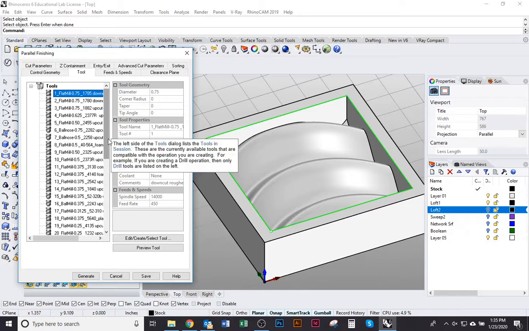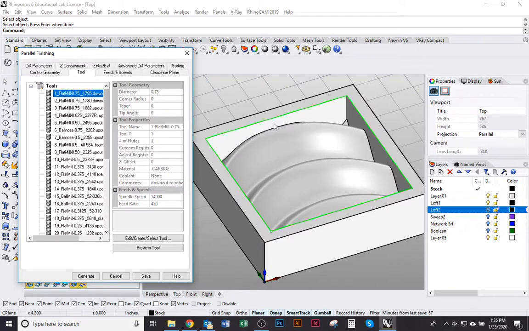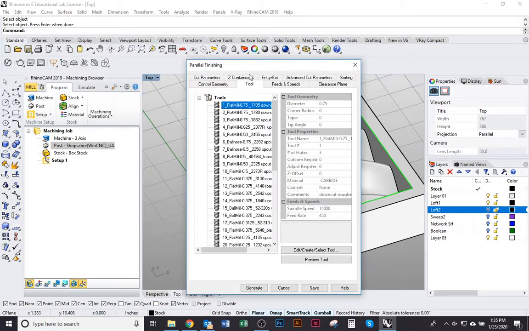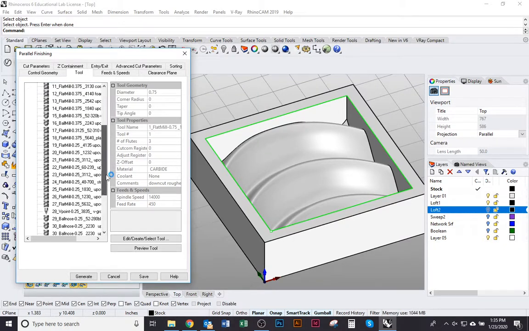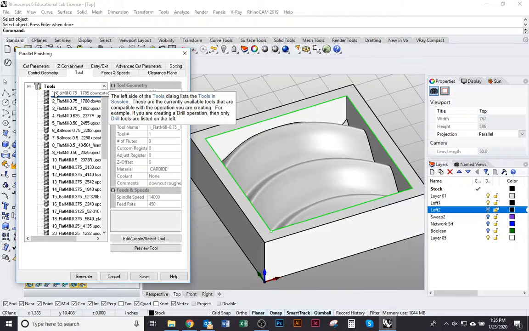So under Tool, we want to choose a particular tool that we think will give us a good finish quality, but won't take too long to cut. There's a few bits of information to note here under tool, and again, these are the same tools we were loading in the initial setup video. These are all the kind of options we have to choose from in our shop. So first of all, we want to look, they're numbered, so that's how we know which bit to choose when we actually go to set up